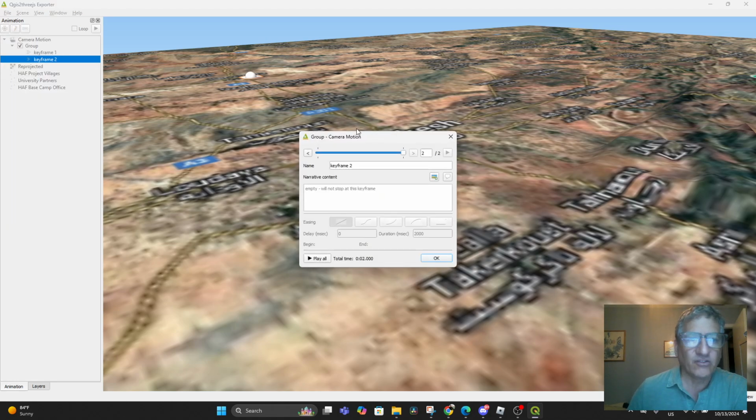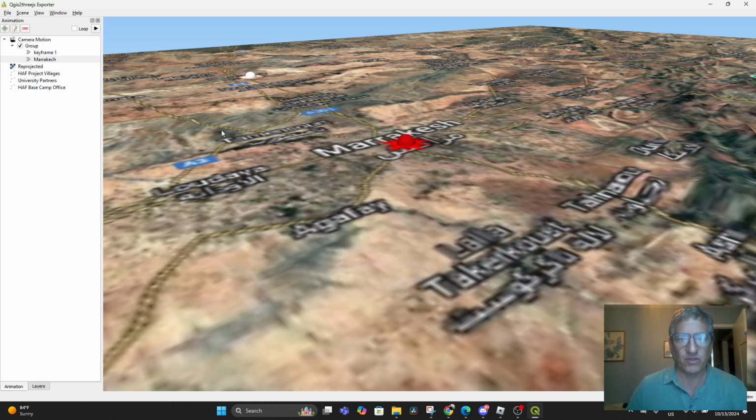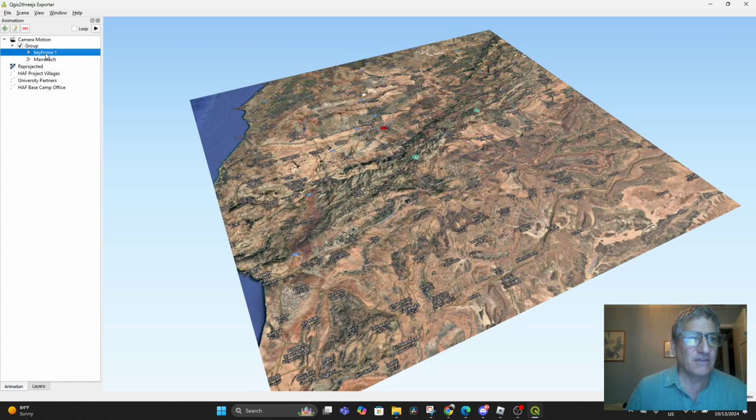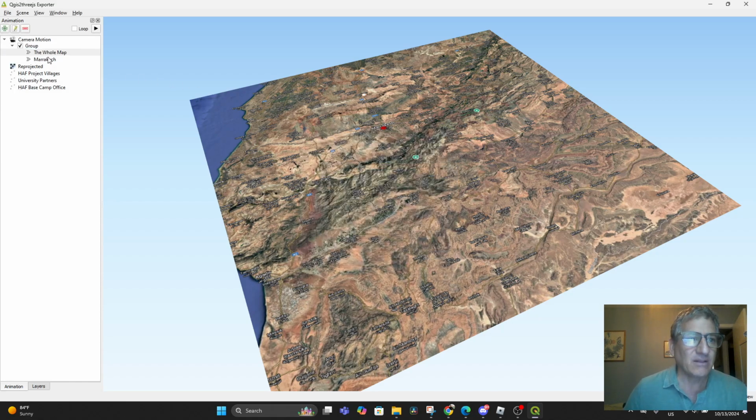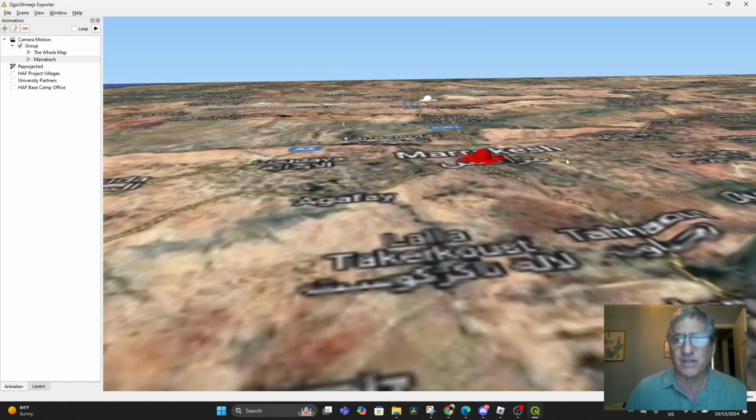And you can see that it also lets you name them. So this would be Marrakesh if you wanted to put that in there. And keyframe 1 would be named the whole map. So you can have fun with that,